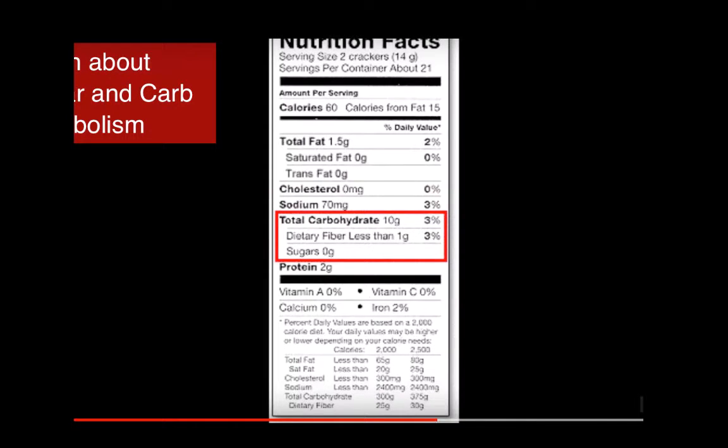Total carbohydrates are obviously very important. This isn't necessarily the best example for a carb-heavy product, but these values can vary widely depending on what you're eating. You definitely want to pay attention to the total number of carbs. What you really want to pay attention to is how many grams of those total carbs are simple sugars. Simple sugars are the ones that are more readily absorbed in your gut, and generally speaking, are more likely to